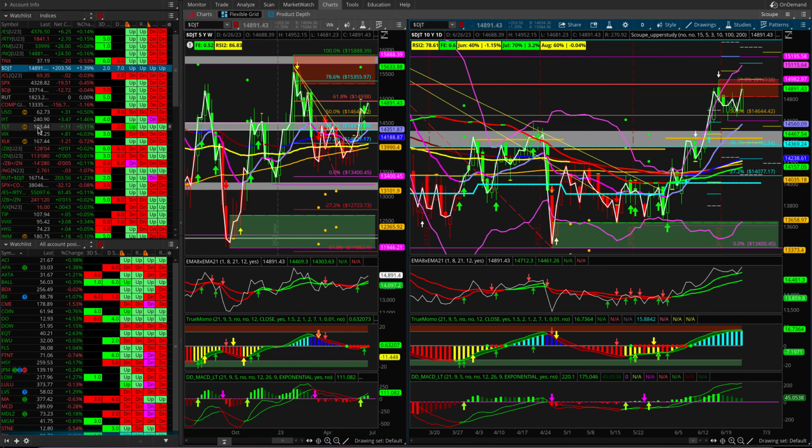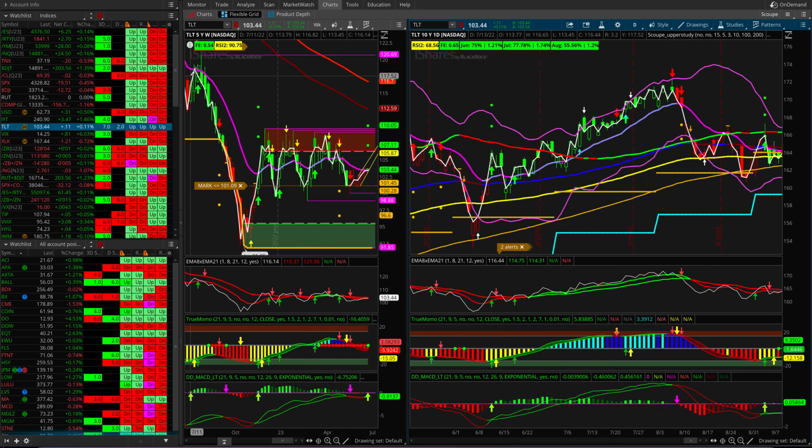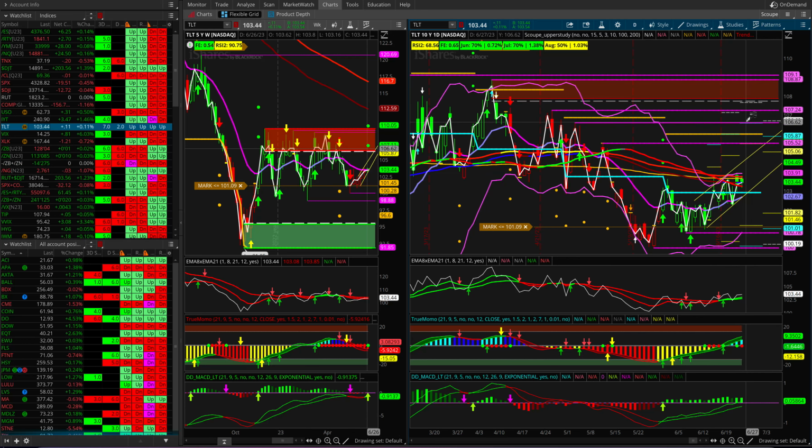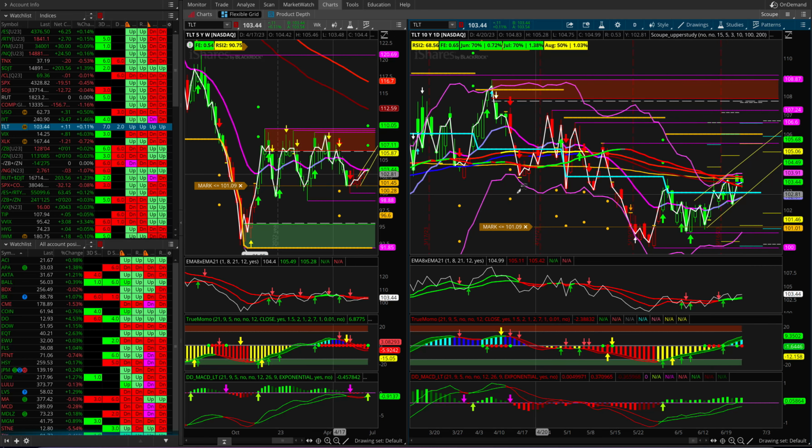And then bonds have been inching their way higher, and I did draw in some channel lines there that are worthy of paying attention to. We'll see if this thing gets any legs over on this side. So that is bonds. And all right, that's enough for now. We'll flip over to